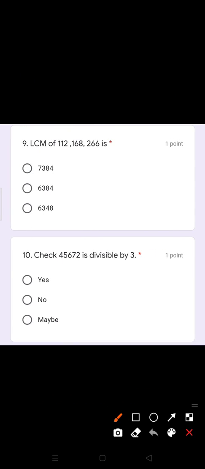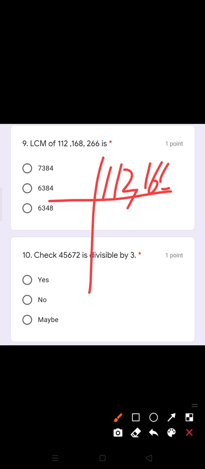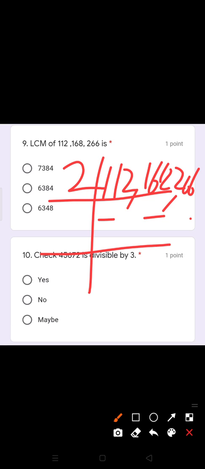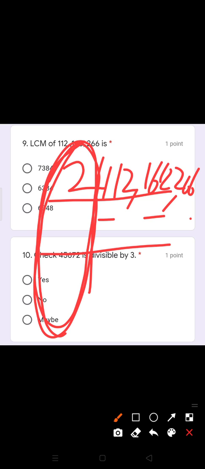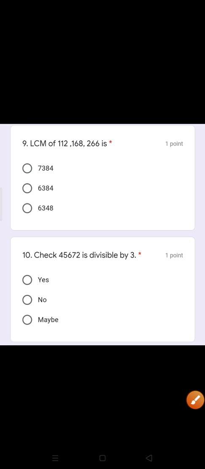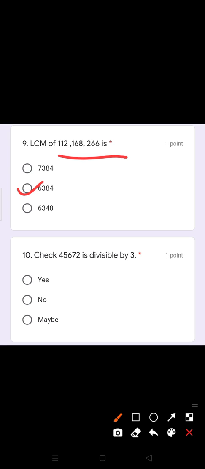Now question number 9 is LCM. Again same way, you have to just divide these numbers one by one. 266, you start from 2, start dividing it one by one, and then you will get here some factors, and you simply going to multiply all these numbers. इस साइड जितने भी नंबर आएंगे उन सबको मल्टीप्लाई करोगे and you will get your LCM, and in this case your right option is option number B, 6,384. Try to solve it. First you have to prime factorize these. जो भी आपके प्राइम फैक्टर्स आएंगे उनको मल्टीप्लाई करोगे and you will get your LCM.